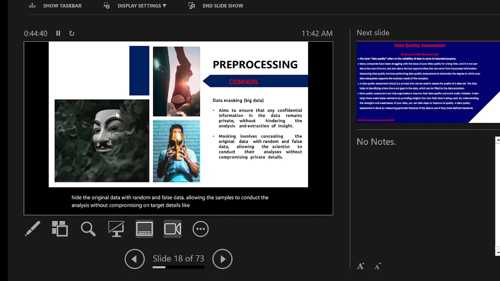Like for instance here, I have our names. Maybe suppose we have ID numbers. Our ID numbers are private. Phone numbers are also private. Maybe I have age, column, and gender. So if I want to do my analysis, even if I'm going to maintain my age and gender,